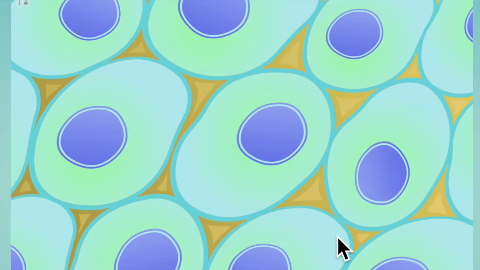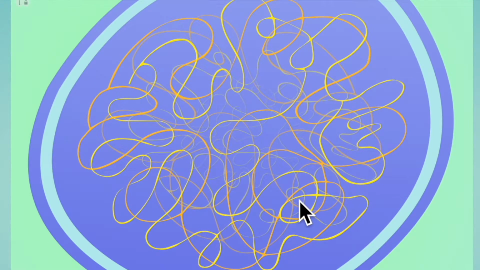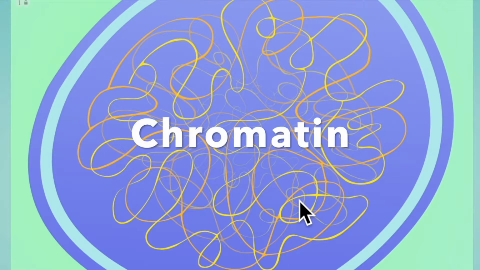Alright, now let's take a look at what we have here. You should be able to identify that these are a whole bunch of eukaryotic cells, and that is because we can identify the nucleus within the cell. So the nucleus has a nuclear membrane or a nuclear envelope, which is a phospholipid bilayer. And within the nucleus, we have our genetic material, which is DNA. In this case, the DNA is shaped in a state called chromatin.